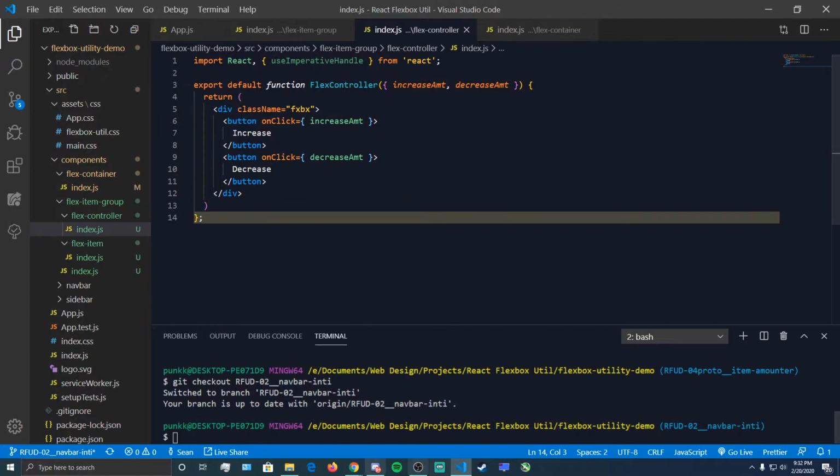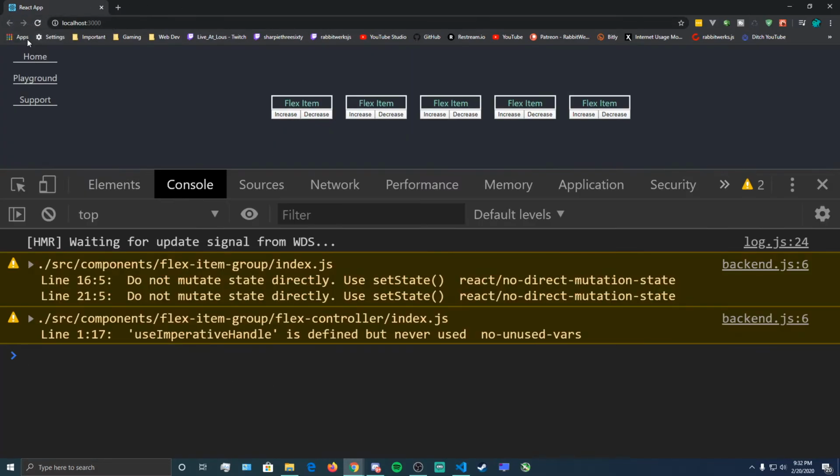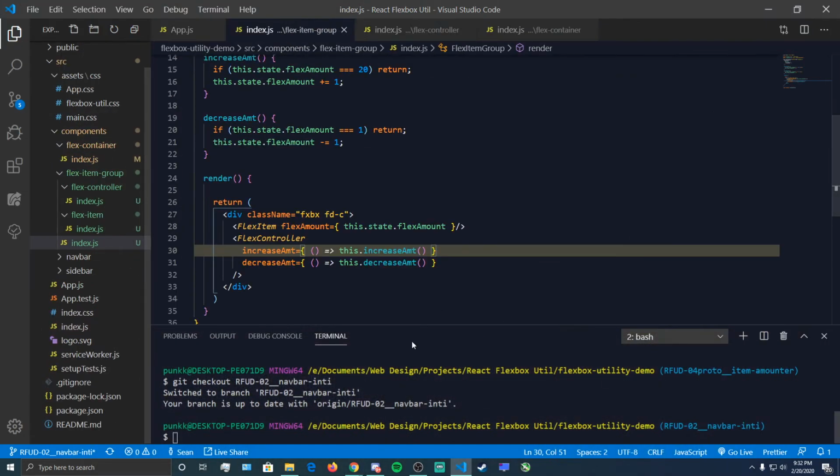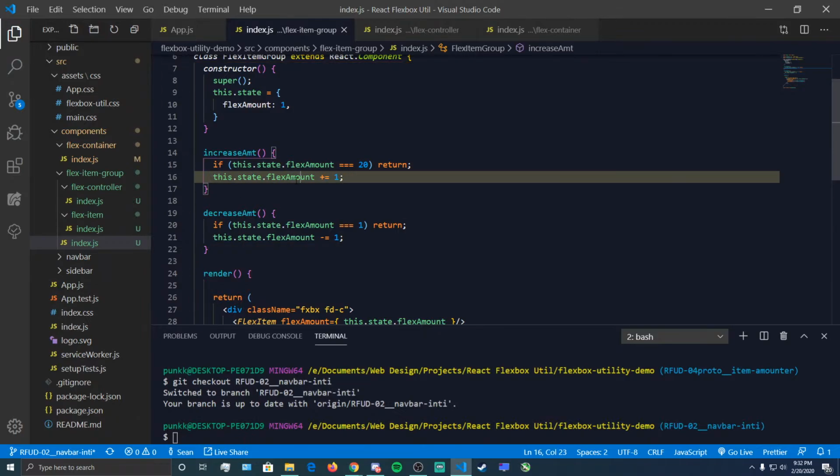So let's see if this works. Let's pull up our app, give it a refresh. Oh yeah, we gotta use state. This isn't Vue, it's React. Everything is immutable. So instead of doing that, we gotta say this.setState, and then we're gonna